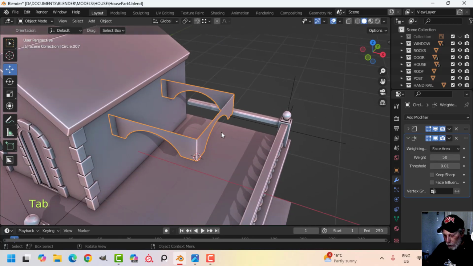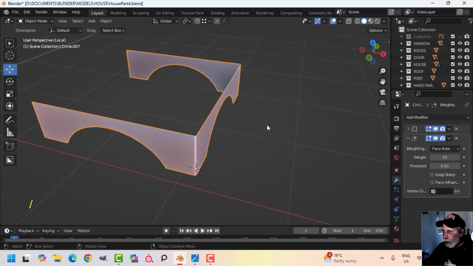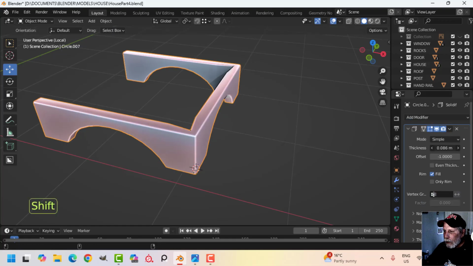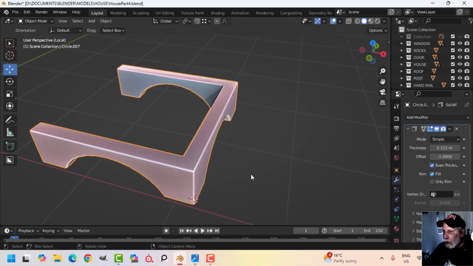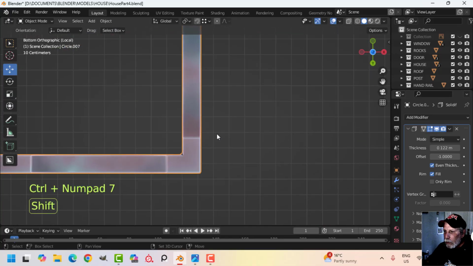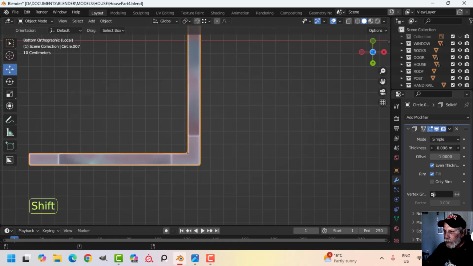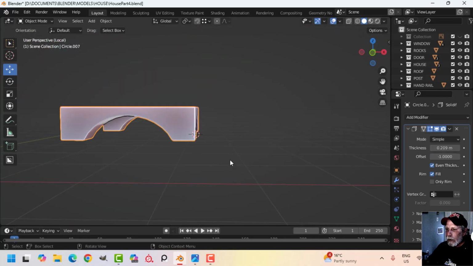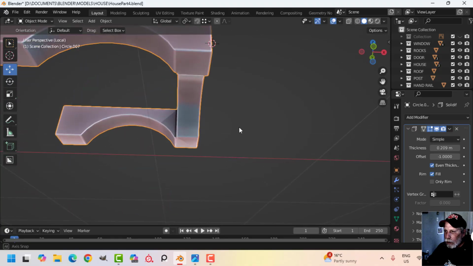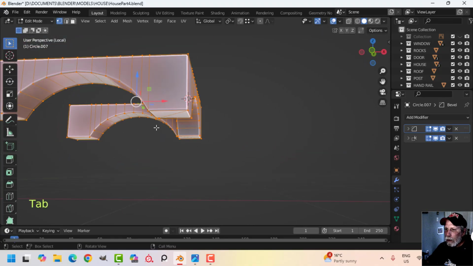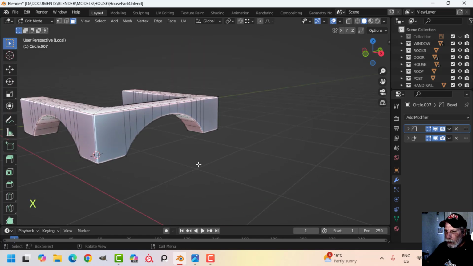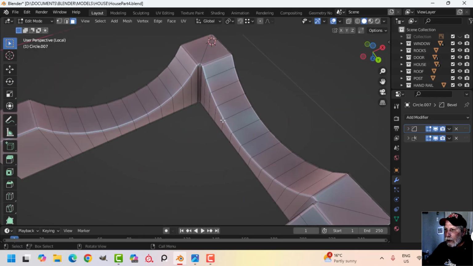And now I'm going to just focus on this, and I'll leave those modifiers on. I'm going to grab solidify, drag it to the top, and I'm going to see about coming in with even thickness. I'll actually look at the bottom, and I'm going to be looking for this to be kind of square, and basically coming out to almost there. I'll join those in a minute. So that's going to be like that, and I think that's okay. I'm going a little quick right now, so I might make the odd mistake. Now let's come in here and get rid of those right away. Those are going to be in the wall. And let's come in here,